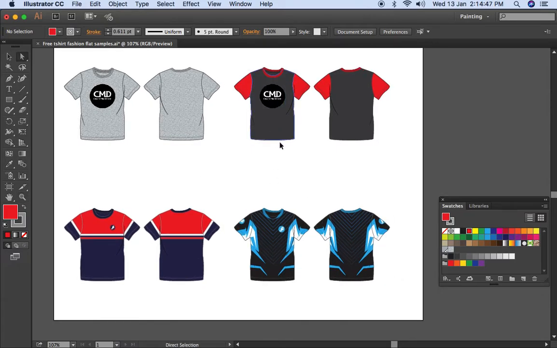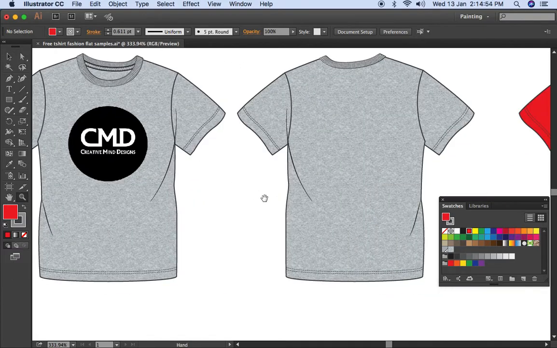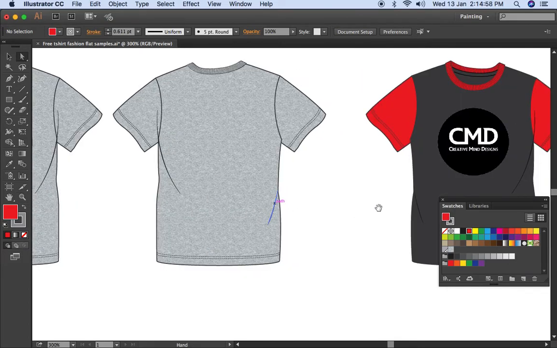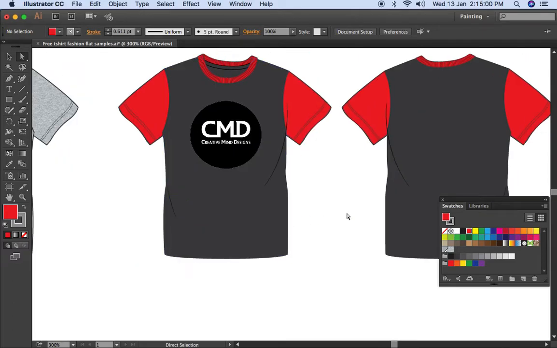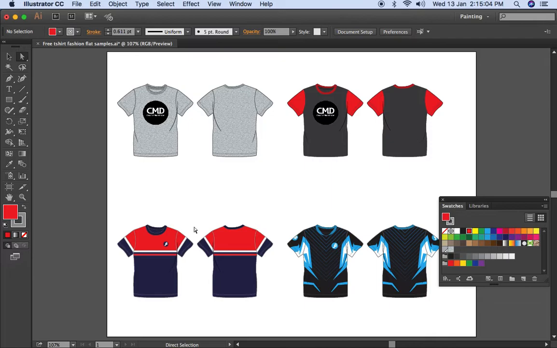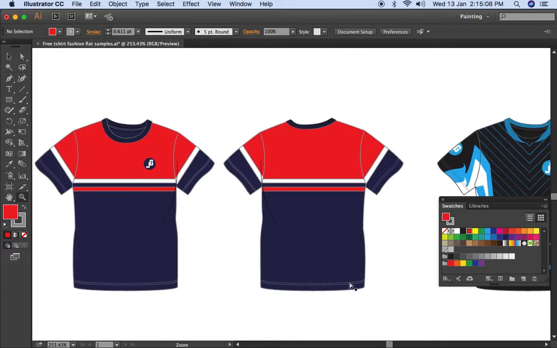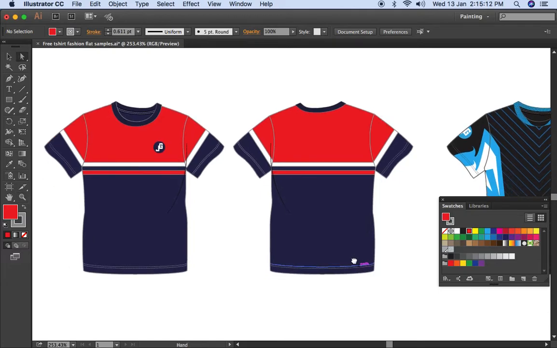So again, I hope this template can help your design skills, and also I hope this template can help your business. Again guys, this template is free to use, anywhere you want to use this,